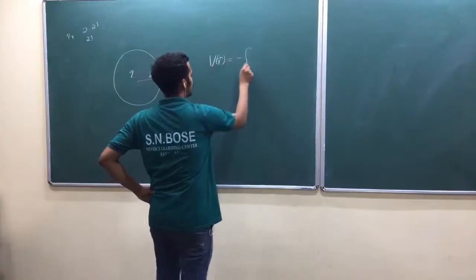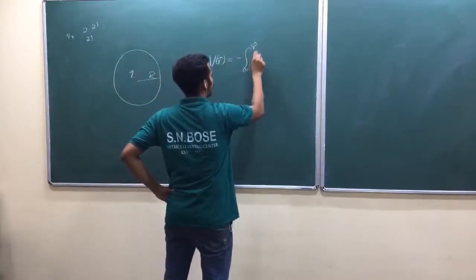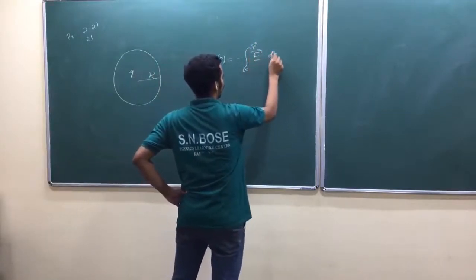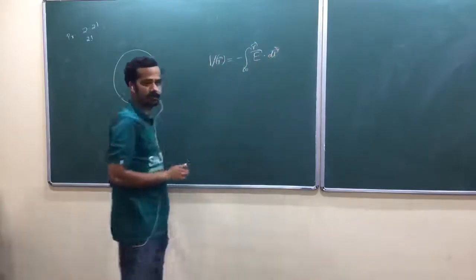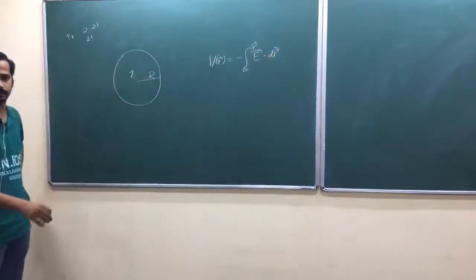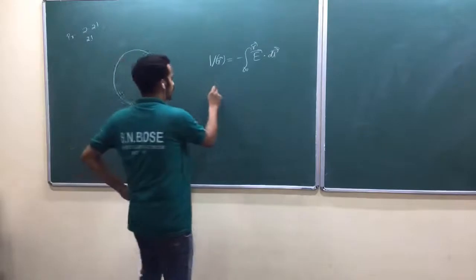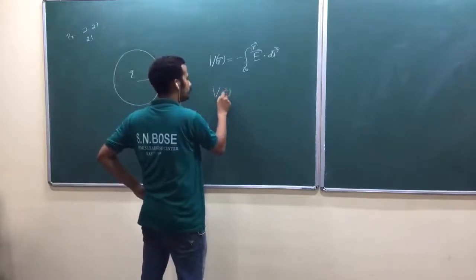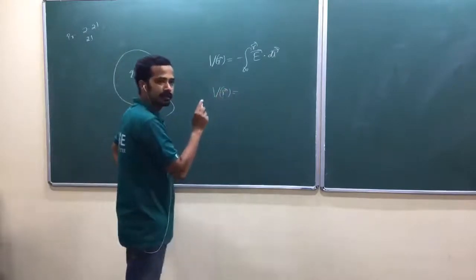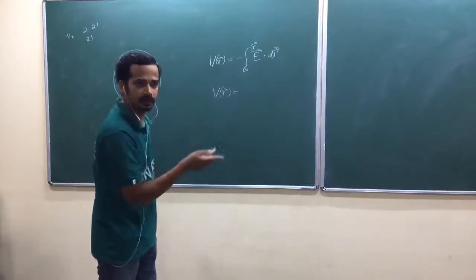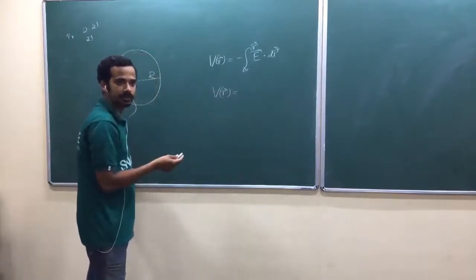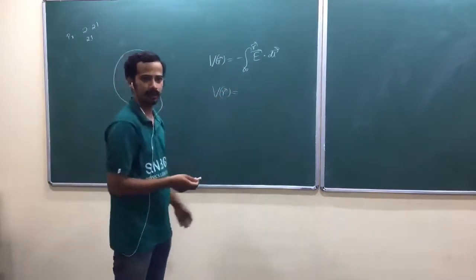Potential at any point is the integral from infinity to r of E dot dl. For that, you should first find the electric field. Gauss law will help us to find the electric field, using spherical symmetry. Another one is V of r, by direct integration. I don't know whether this is simple or not. This may be difficult, you need integration by substitution. Better to avoid this one.